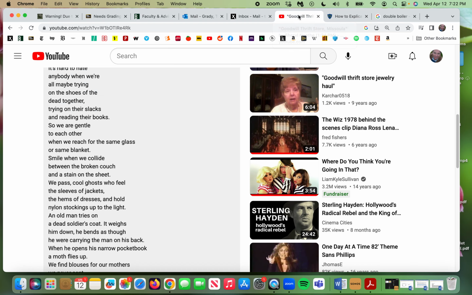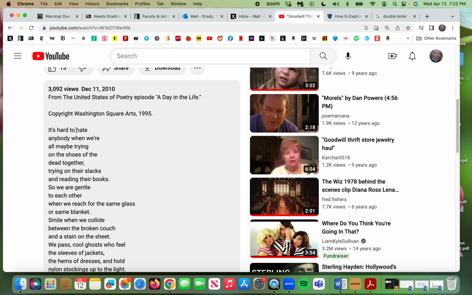The other thing is, I was able to say it was free verse by looking at the last syllable of every line, and clearly they are not rhyming. And this is just written completely in free verse. I forgot to mention that. So that's my wicked smart way of doing an explication.